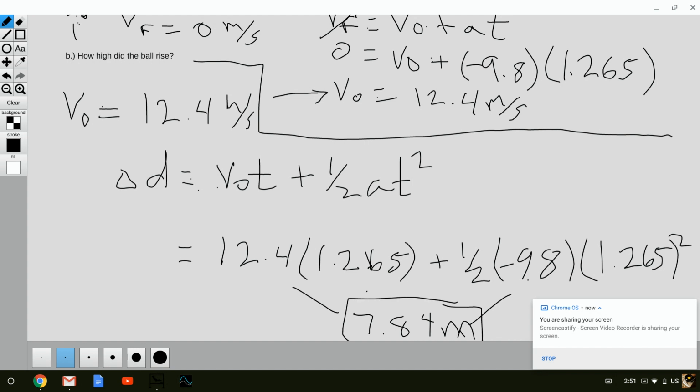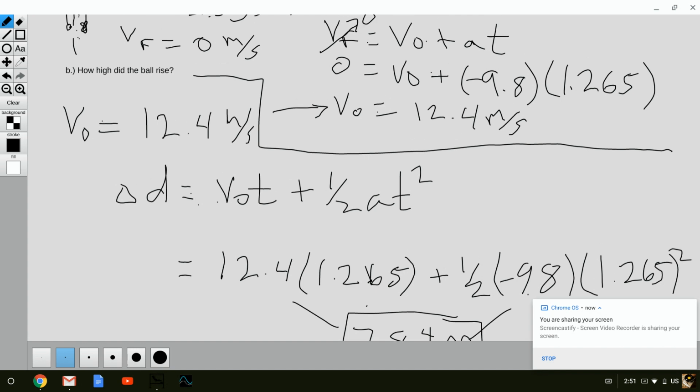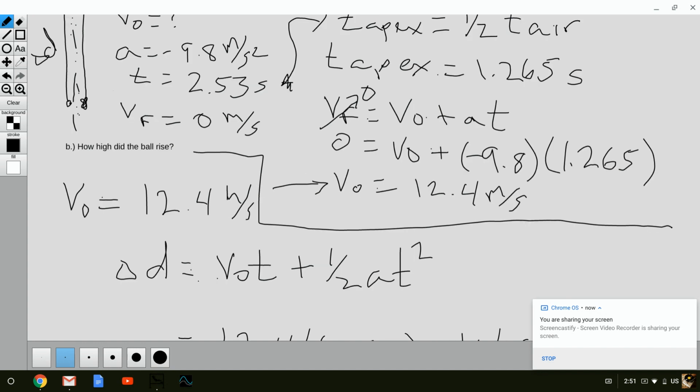So there are vertical issues. Like I said before, vertical issue number 3 is that you can take the total time in air on a ball that's tossed. This does not work for a ball that's dropped, but for a ball that's tossed